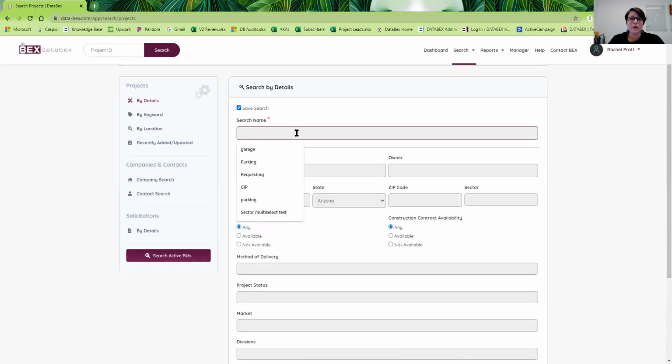Saved searches are really important in this particular platform, not just because you can access the information all the time and you don't have to put the same criteria in, but these are saved to your account. And we have something called a digest, daily or weekly digest. What it is, it's a program that runs all of the saved searches in your account and then returns results to you that are new to the database, so new projects, or recently updated projects in an email notification